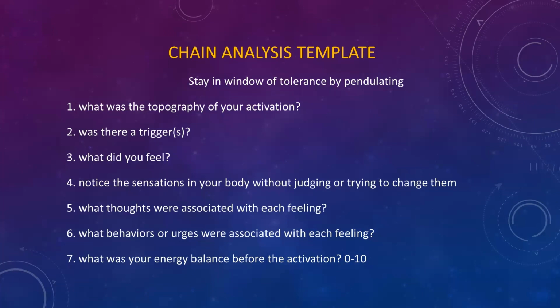George decided to do a chain analysis focusing on a recent incident. He had just gotten up from bed and was having breakfast. It was 11 a.m. Doris walked into the kitchen, grabbed something, and left, slamming the door so hard that the sleeping cat instantly jumped into the air and looked terrified. George, too, felt terrified, but could not put thoughts to that feeling. He did, however, have a flashback to when he was a child and he had felt terrified by his father's angry outbursts.